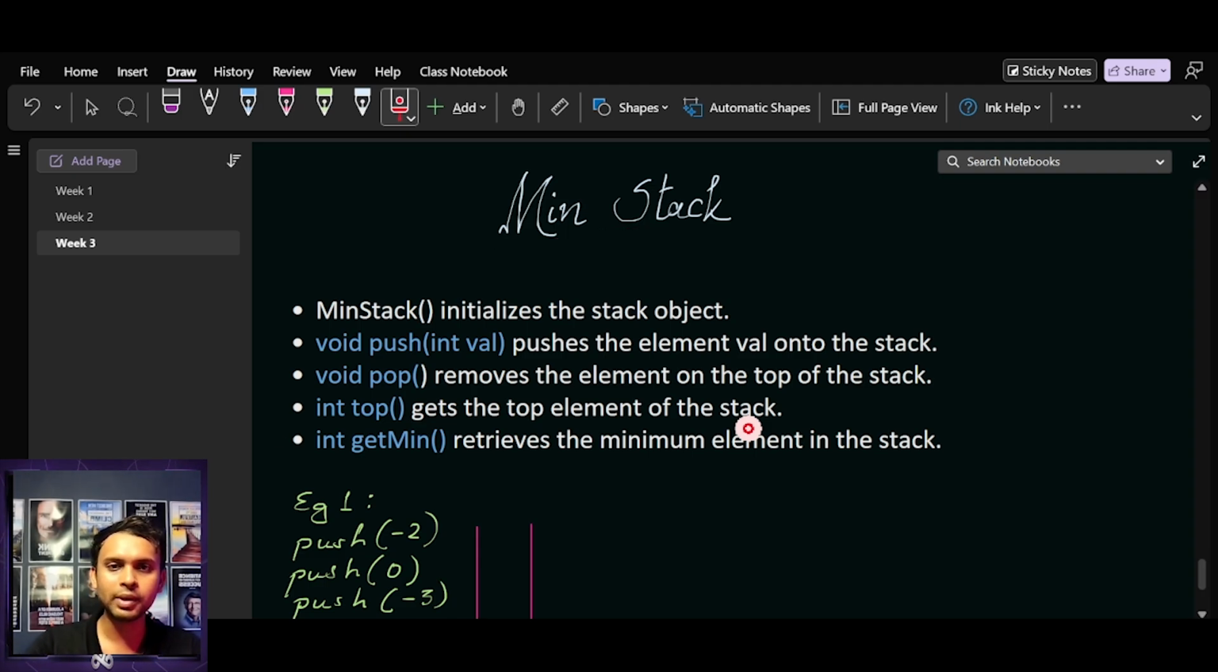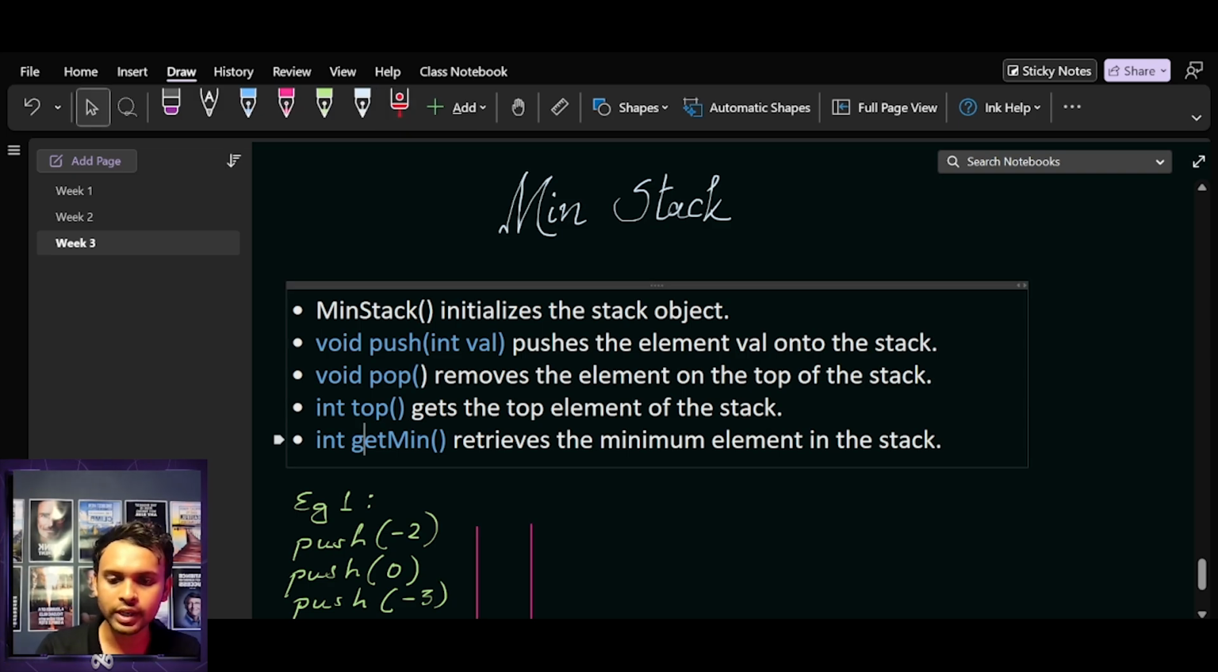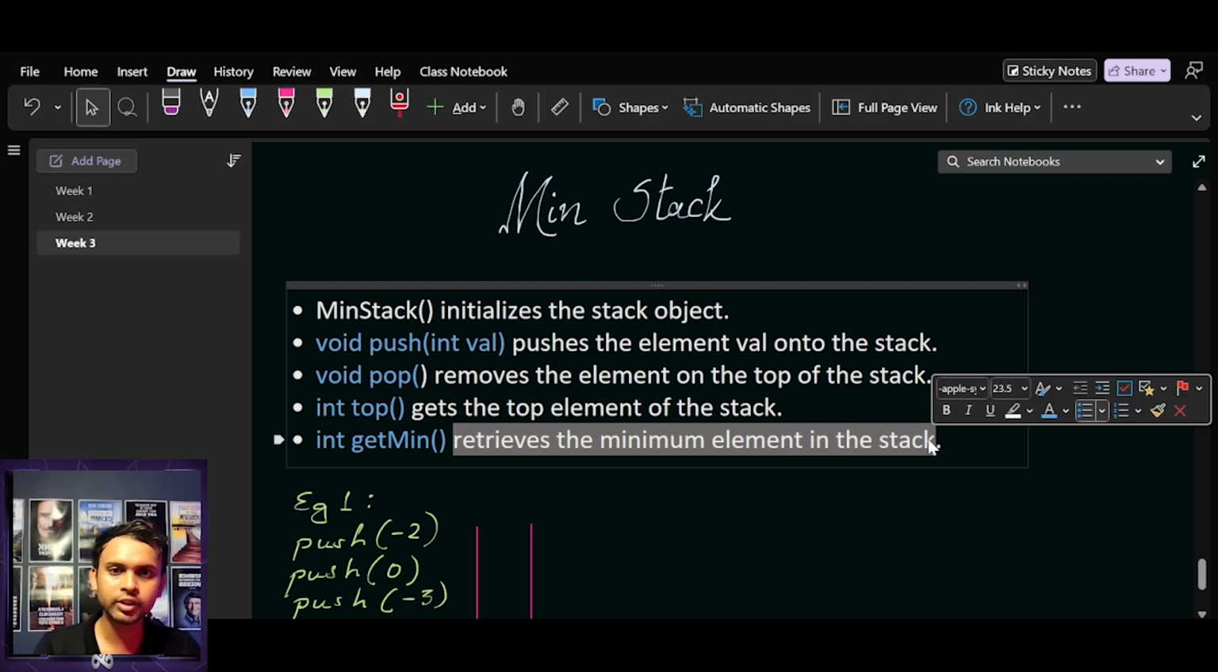So normally we know a stack is a data structure where we can perform the push, pop and peek operations, right? Over here we have to implement this getMin function as well. What it does is it retrieves the minimum element present in the stack. So whenever we perform a normal peek operation, it gives me what is present at the top of the stack. Similarly, whenever we want a getMin operation to be performed, it will return the minimum element that is present in